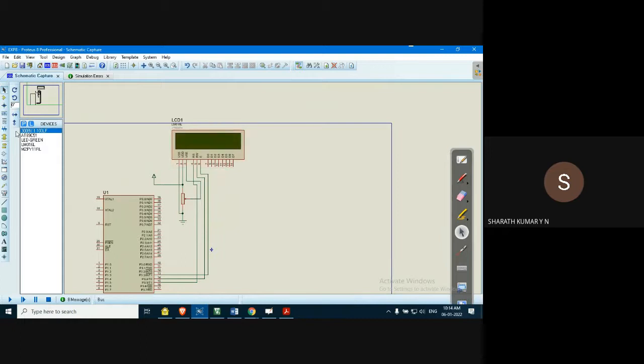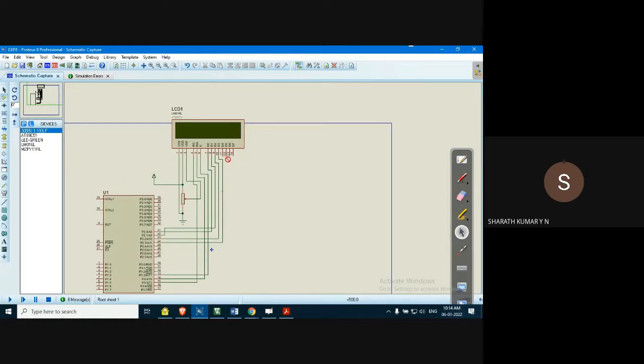Here it is. Let us first make the connections. D0 to P2.0, and D1 to P2.1, D2 to P2.2, similarly D3 to P2.3.